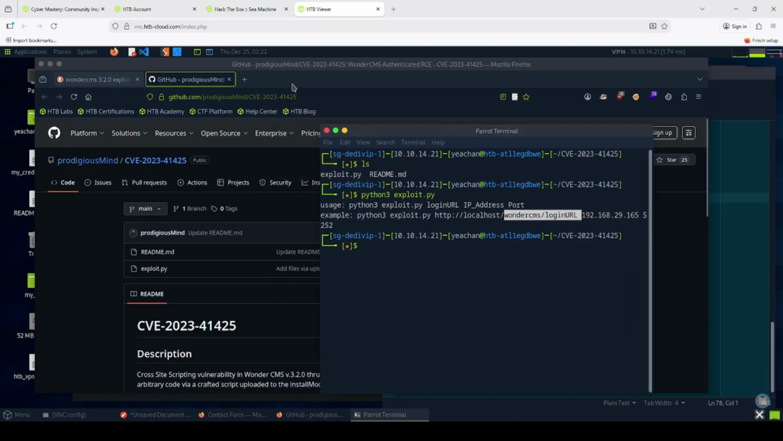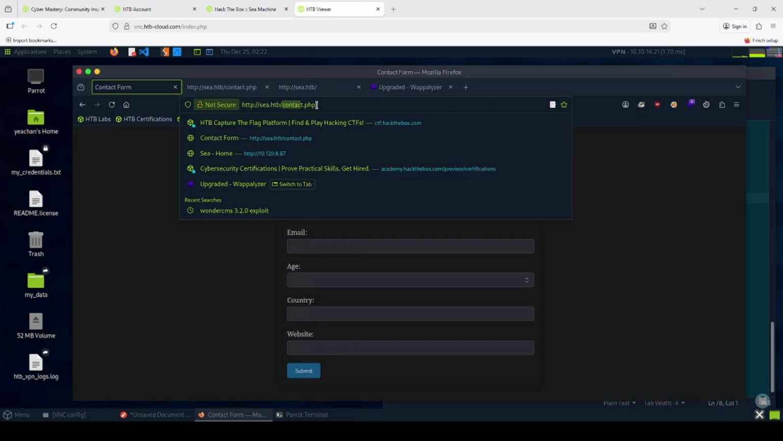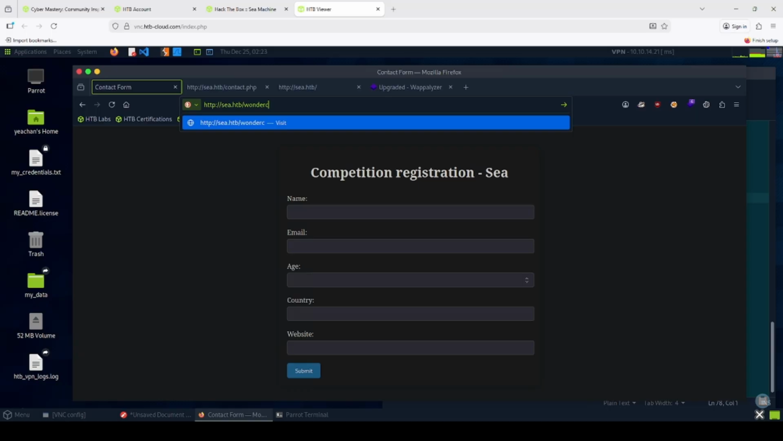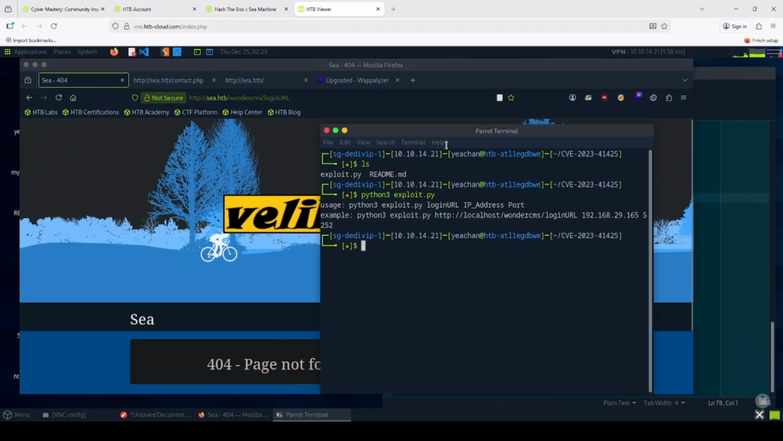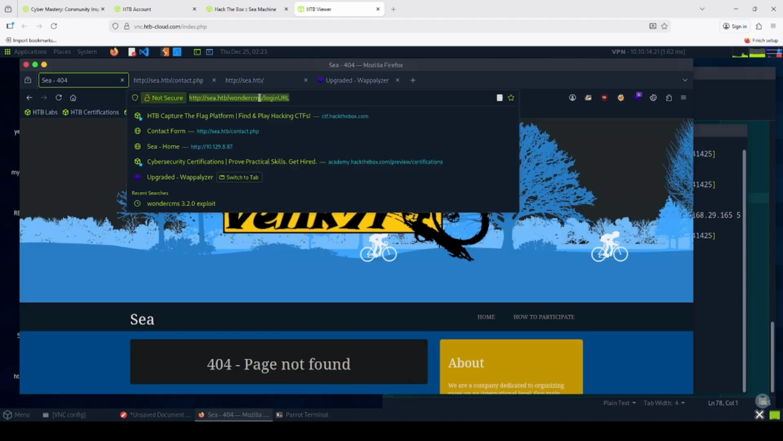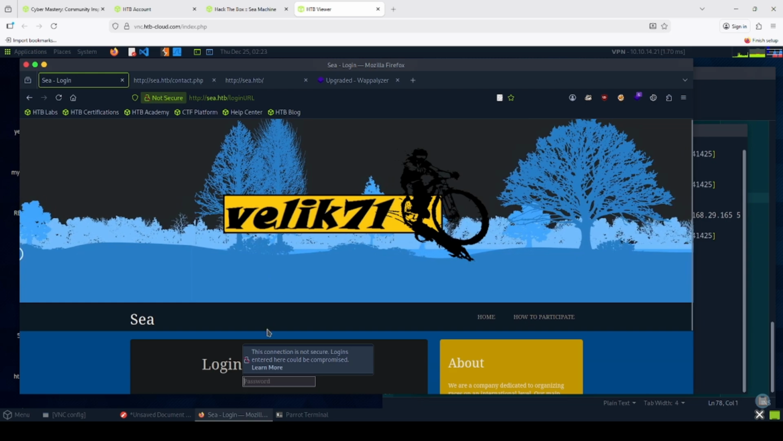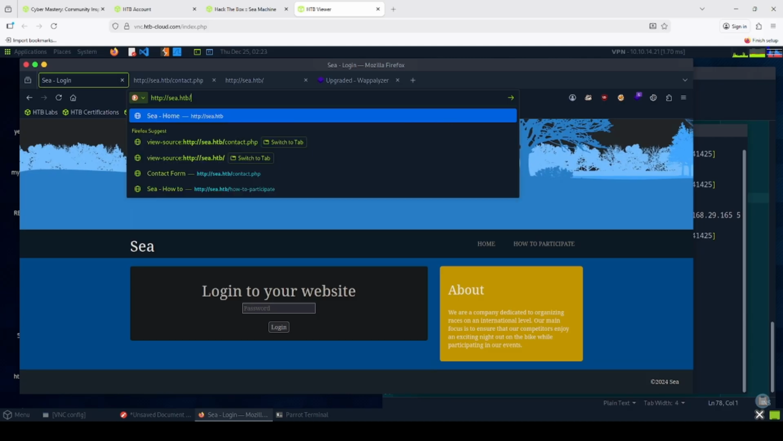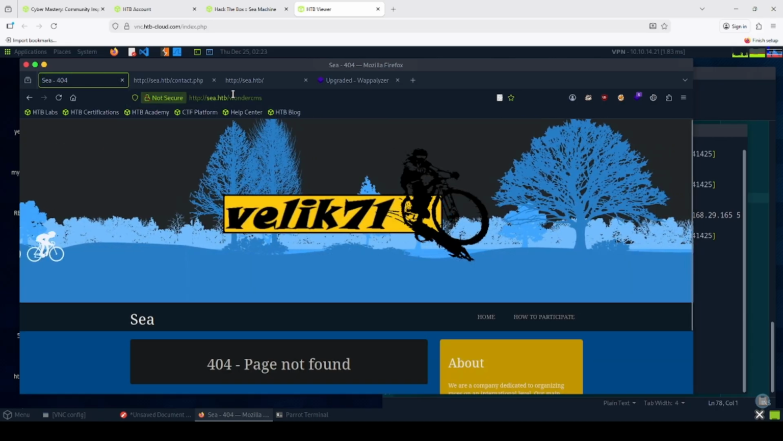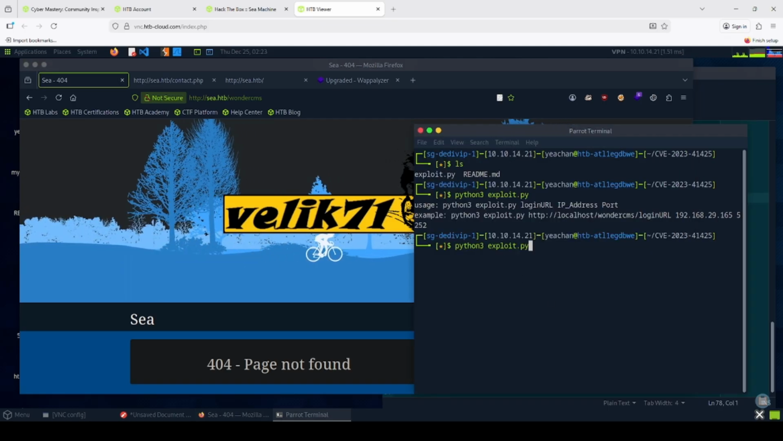So go to the c.htb and we can just try WonderCMS login URL. A 404 page not found error is showing. Then we can just make this like this. It shows login into your website. How about just WonderCMS? I think this doesn't exist, so I think we need to take